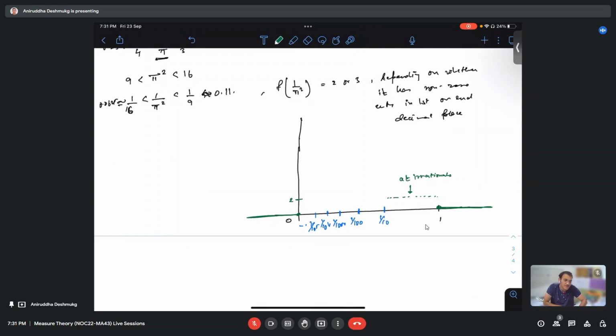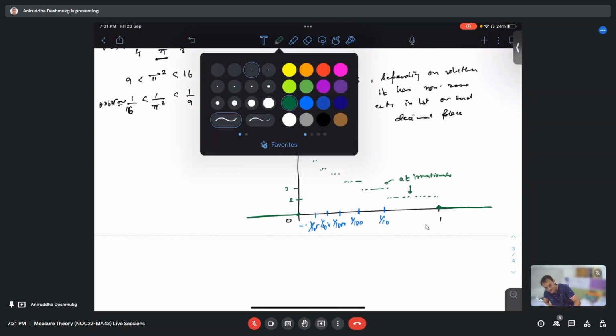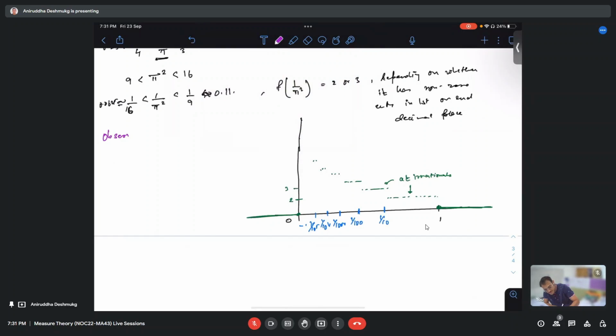In between 1 by 100 to 1 by 10, the first non-zero entry must appear in the second place. So the value here must be 3, again at irrational numbers. Here the value must be 4, and so on. The value must be 4, here must be 5 and 6, and so on. So as one can see, let us observe that these rectangles formed by S escape towards infinity